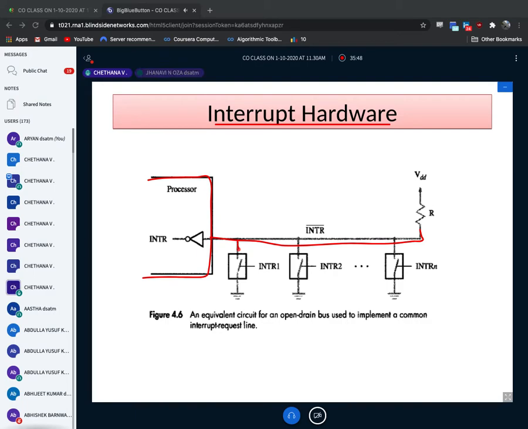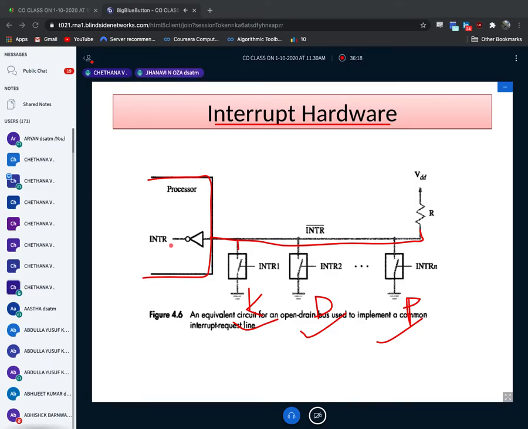Assume this is your keyboard. What is this device? Display, monitor. Take one more, I'll take it as printer. Shall I take it as KDP? KDP is keyboard, display, and printer. A display means monitor. So this is one device, this is the second device, this is the third device. All are connected with an interrupt signal. With this bus, I can make a request and reply.